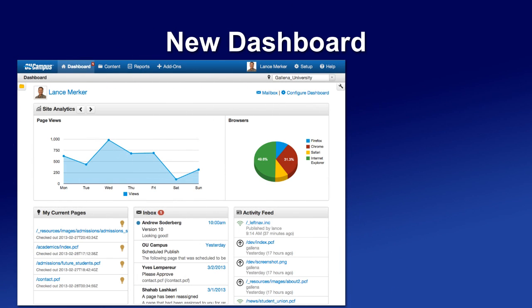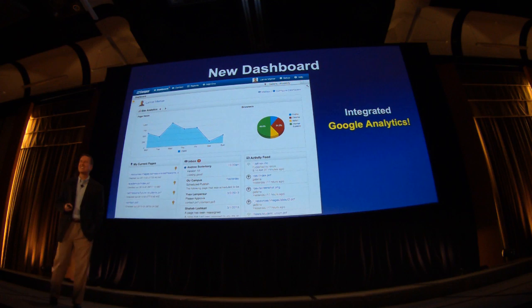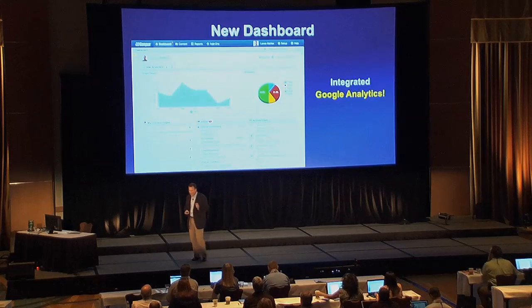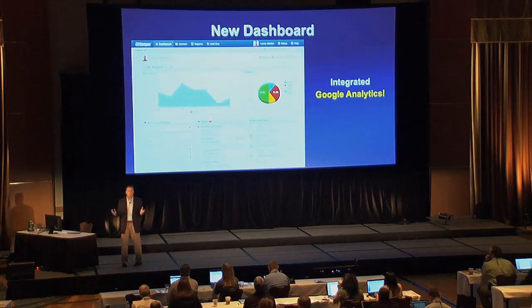And get this, we've now integrated Google Analytics directly into the dashboard. So if you're using Google Analytics, you've got site-wide analytics right here in the dashboard. How cool is that? And of course, this gives you some granularity because now perhaps you've got somebody on campus